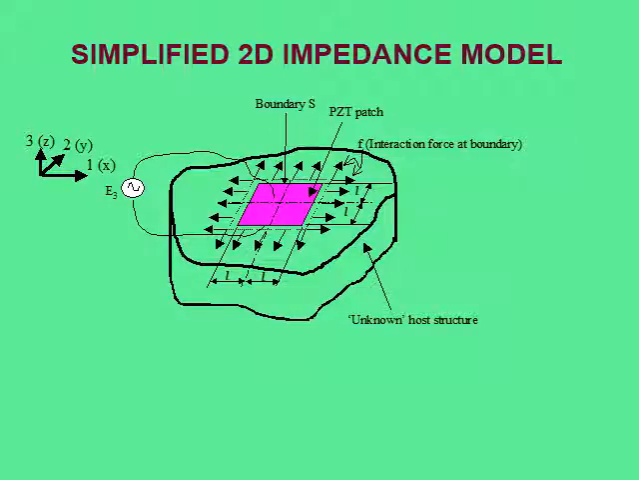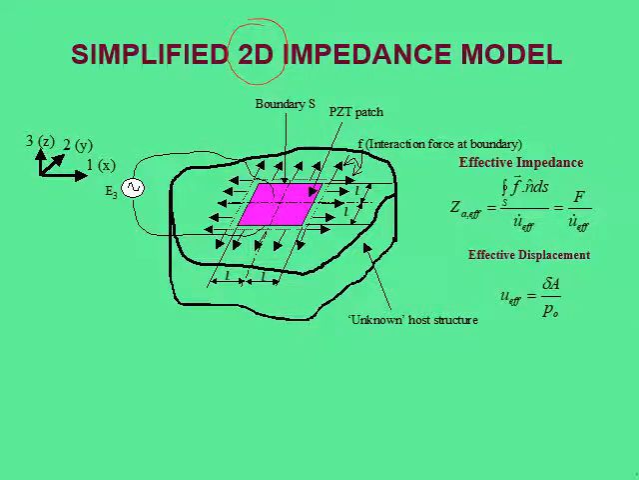Now we take you to a simplified 2D impedance model. This impedance model assumes that the PZ patch is square, and the force transmission is considered to occur at the boundary of the PZ patch all along like this, and the mechanical impedance is defined in a different fashion. That mechanical impedance is basically if we add all these boundary forces in scalar terms,